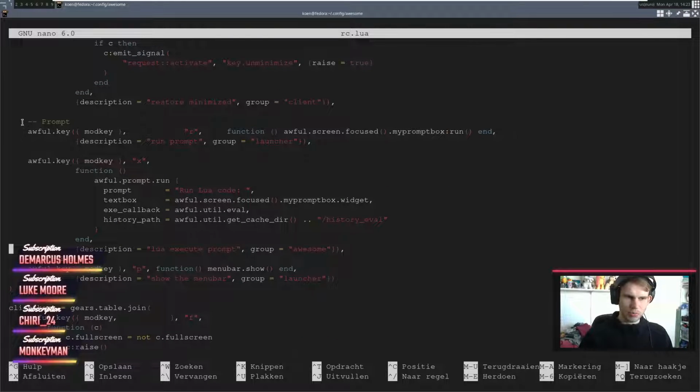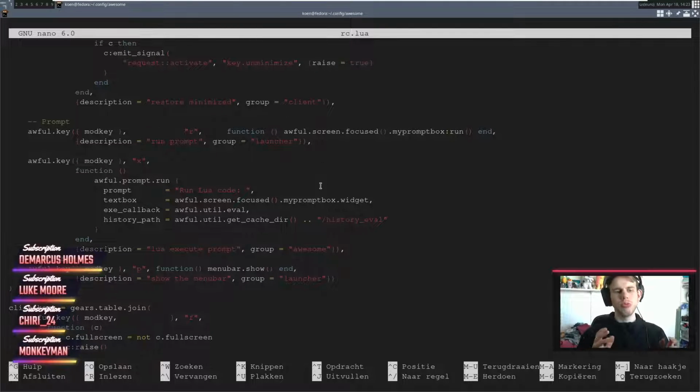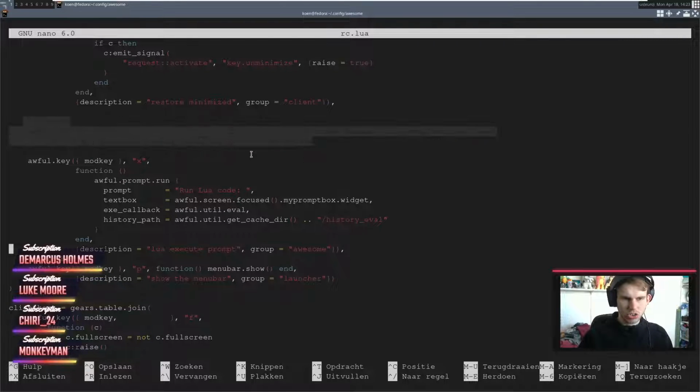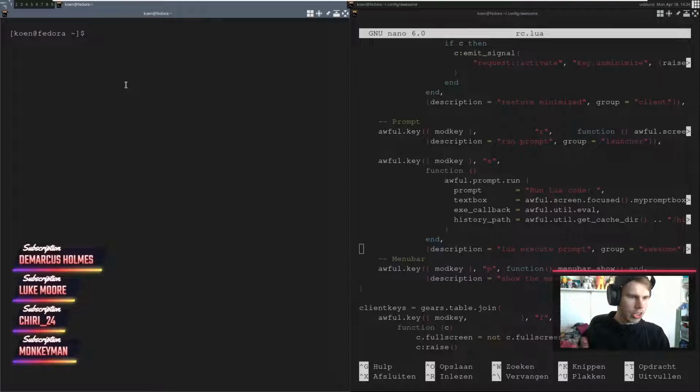Oh yeah, there's this thing right here. So right now what we have inside of here is a prompt. This is going to tell terminal that I want to run a program using this command. So basically what you're getting is this right here, which tells the program, hey, when I hit Super R, we're going to run the run prompt, which is great so that we can run any program from there. But we do not want that.